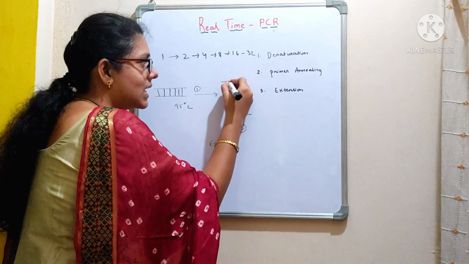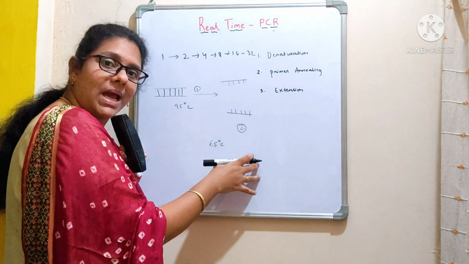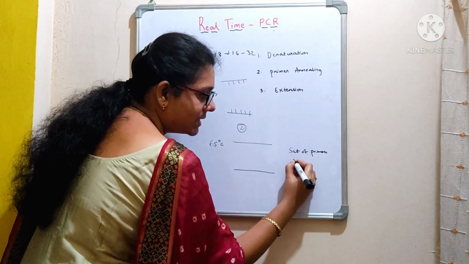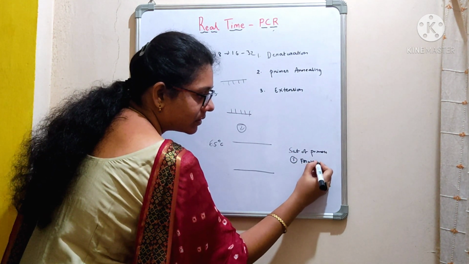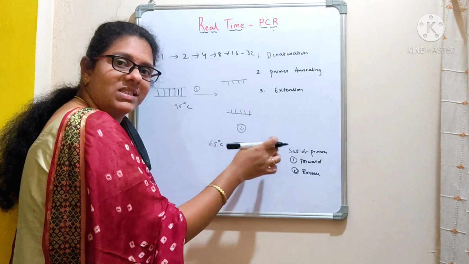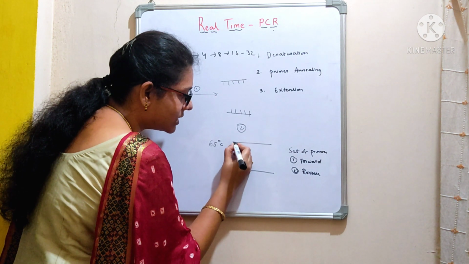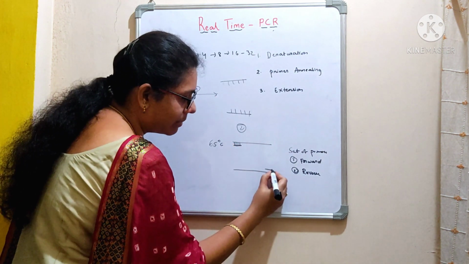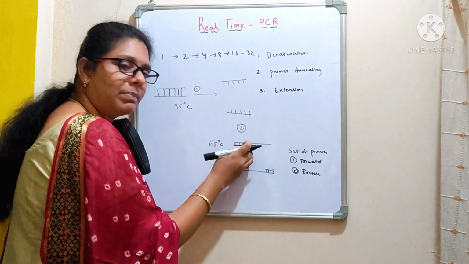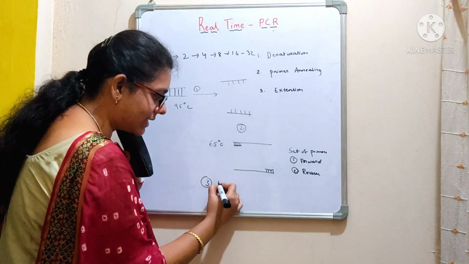Now what happens is, these are the single-stranded DNA. Right? After the step of denaturation, the next step is primer annealing. So here we are going to use a set of primers. One is the forward primer and the other one is the reverse primer. To design a primer, you need to know the sequence information that is present in the DNA. Now, the primer which is complementary to the DNA will go and bind. This is the forward primer and this is the reverse primer, right? So once the primer binds to the DNA sequence, then what happens in the third step? That is extension.